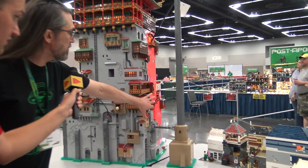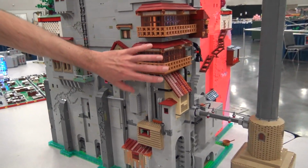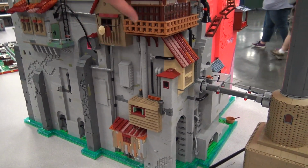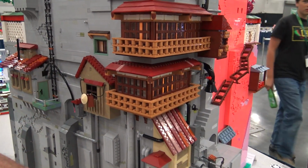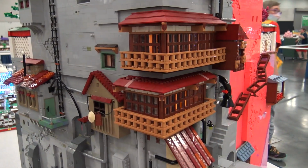Let's do it. As you come around the side, you have these dorms. These are where people live, where Chihiro stayed. And there's a lot of scenes of her out on the porch. This is this giant smokestack,